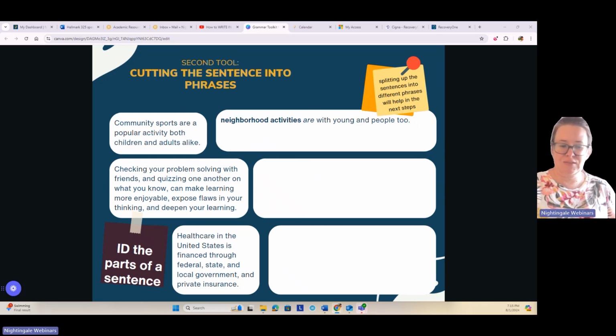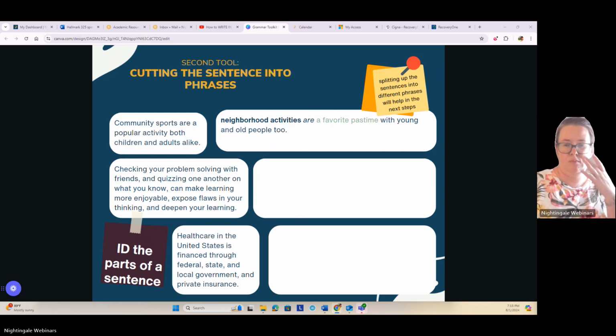We got that. And then with young and old people too. I can say with young and old people is one part, and the too is another part. With young and old people, and then I've got this idea of too.